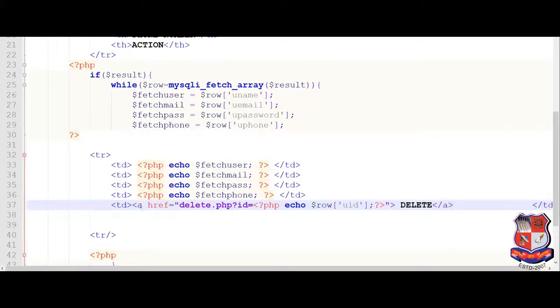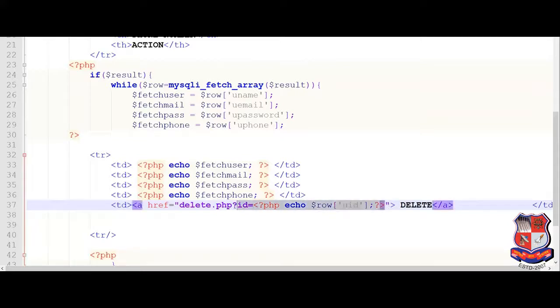So a href is equal to delete.php question mark id is equal to the id of the row that we want to delete, and then question mark php echo dollar row. So this one is the variable, this one is the column name of the database.